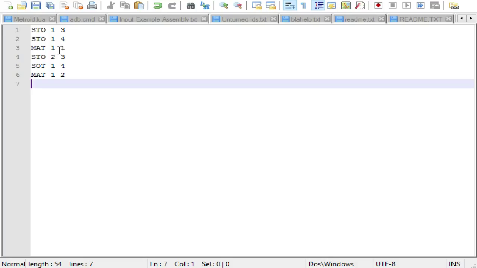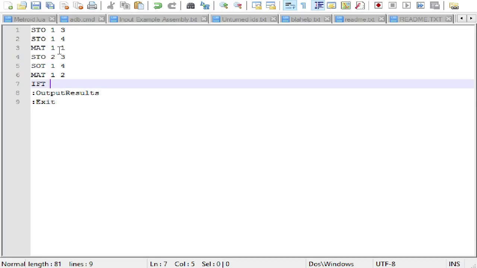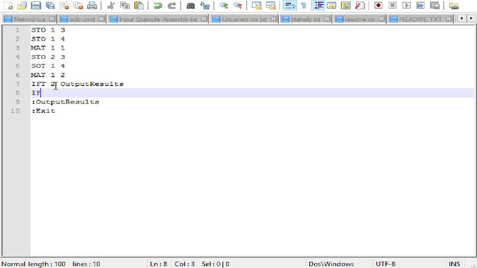and then we'll make a label called output result. So that means if, and then we'll put if flag. So if true, and then we'll put exit. So if true, A, B is greater than A, or A is less than B, then we'll go to output results, and then else if false, we'll go to exit,